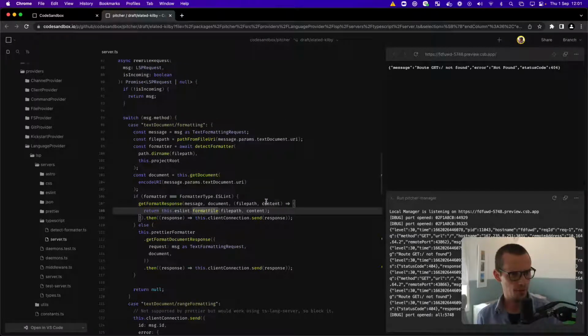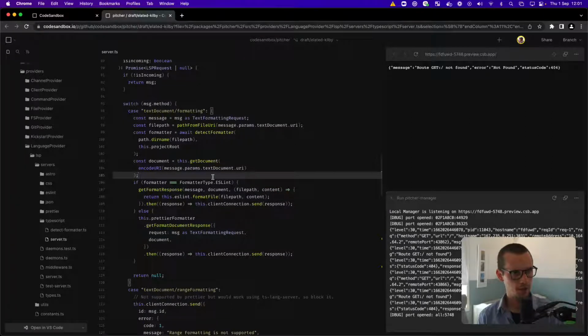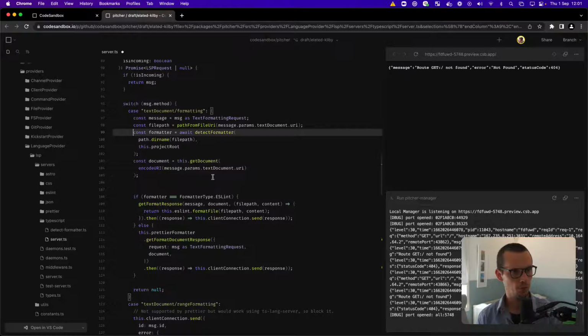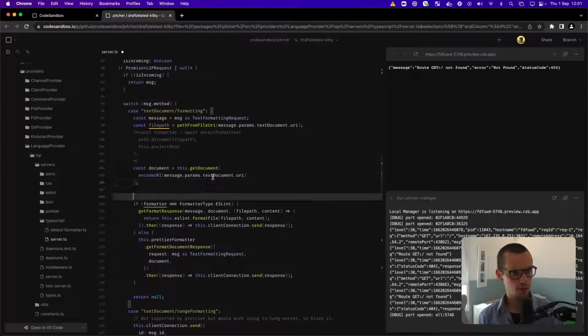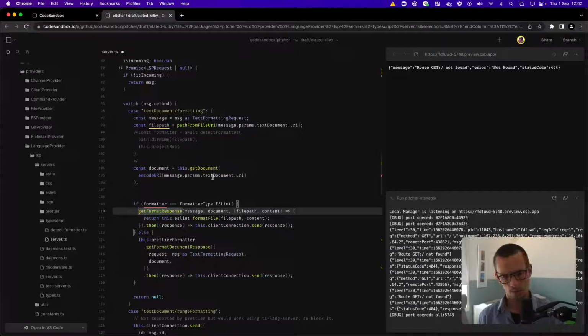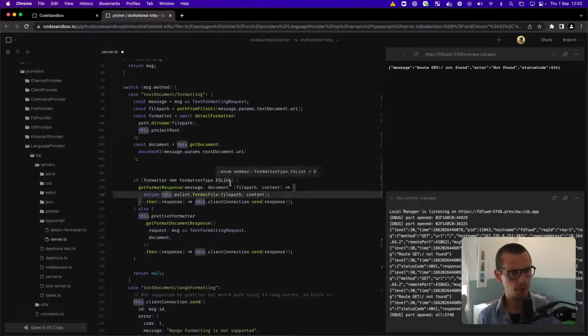Okay, so we're going to change this. We're not actually going to detect the formatter. Well, okay, let's keep that. Let's detect the formatter. But if it's the ESLint formatter, we're going to